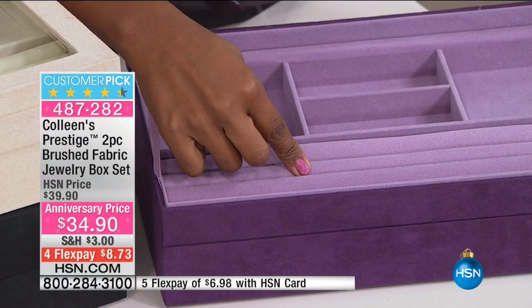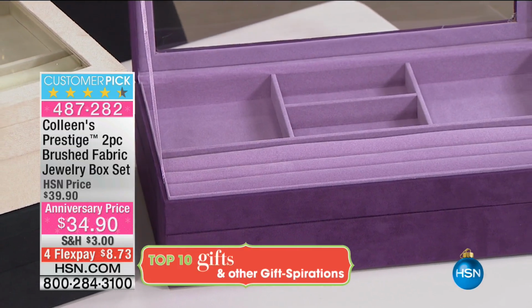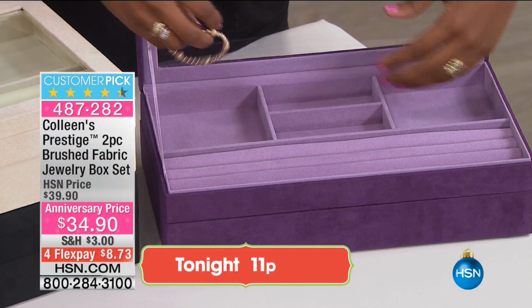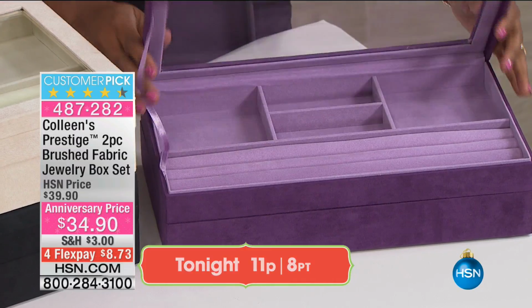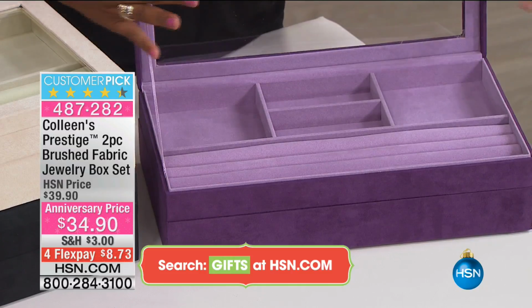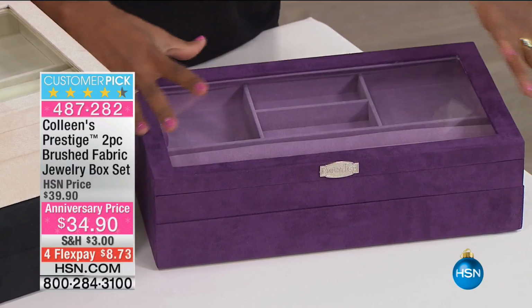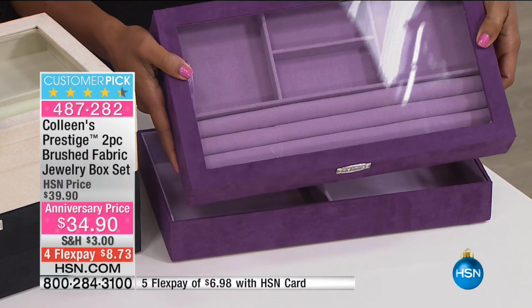So you've got your ring bars there. You also have these larger areas here. So when you want to put your bracelets in, you can do that. Your watches can go in here. Your earrings can go in there. All of that. You've got all of that space. And these are all felt lined, so they're not going to scratch your pieces. And everything stays nice and neat and contained, and you can see it, and it's not going to fall out, which is great. That is